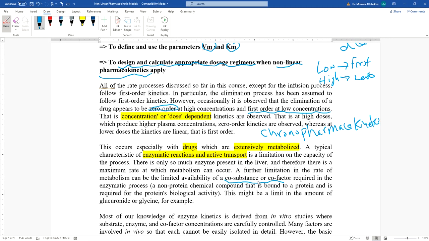Now, where did we study zero order kinetics before? We looked at that in the topic of IV infusion, because the rate of infusion is constant, we said that this is a zero order process or zero order rate. So if the concentration of the drug is high, we might reach a situation where the metabolism rate reached its maximum rate and it will be zero order, it becomes constant. Okay? Maybe later I will explain this to you in some way.